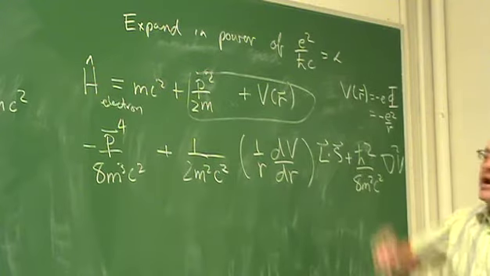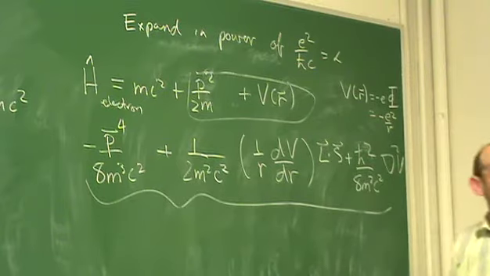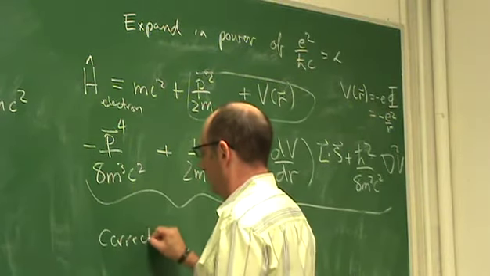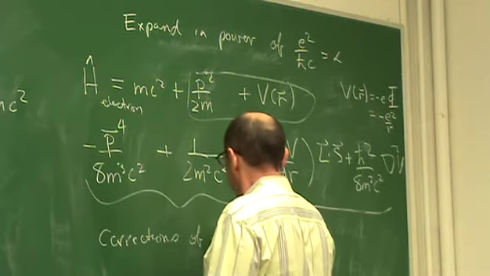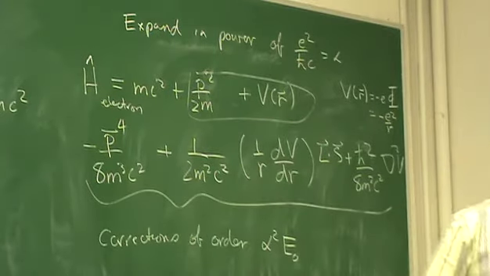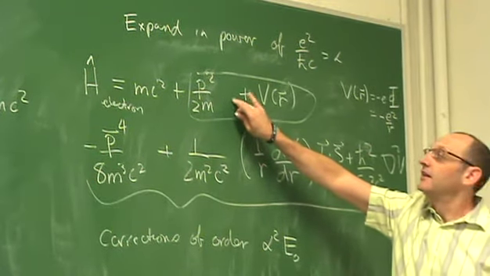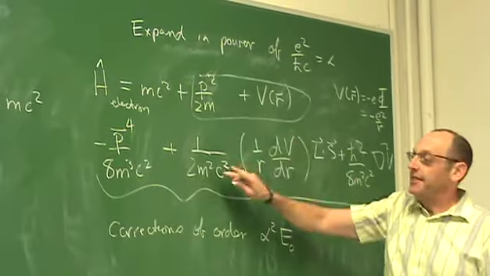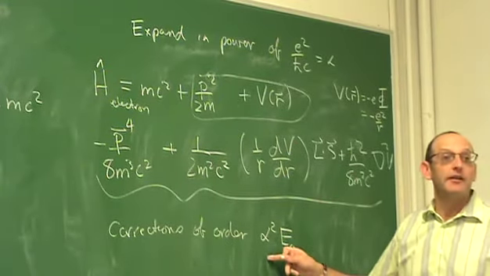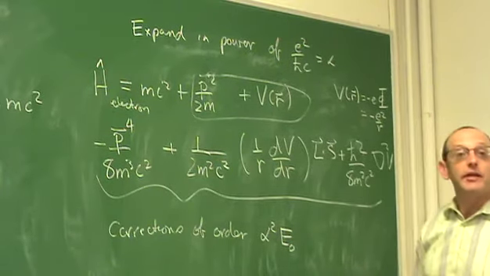Then we have correction terms. And all of these terms, as we will see, and we will assure ourselves, are correction terms of order alpha squared times the Hartree. So this stuff we said was of order Hartree. That's the bare hydrogen atom. And then there are correction terms. And the first corrections are all of order alpha squared. What are these terms? Well, let's look at them individually.